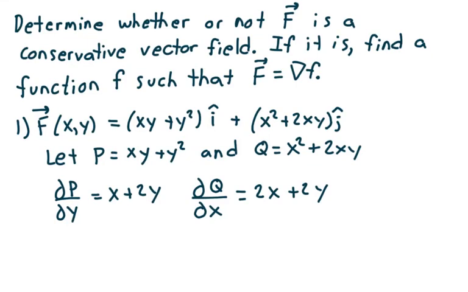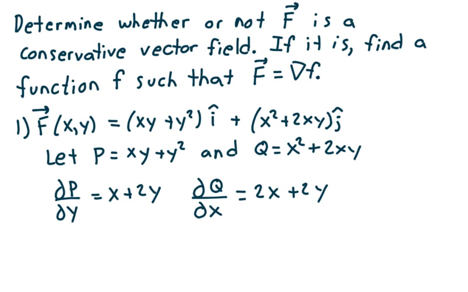Determine whether or not capital F is a conservative vector field. If it is, find a function small f such that capital F is equal to the gradient of small f. In example 1, suppose capital F of xy is equal to xy plus y squared i plus x squared plus